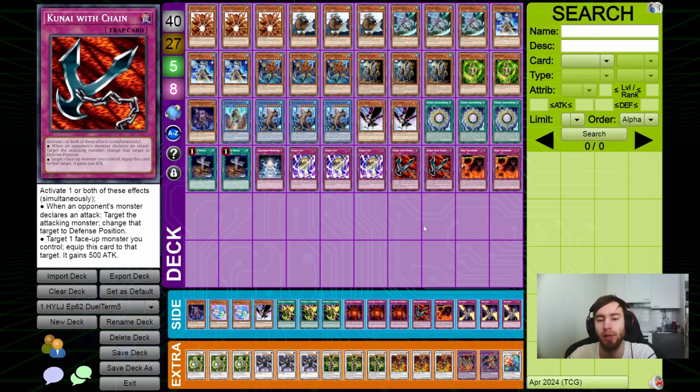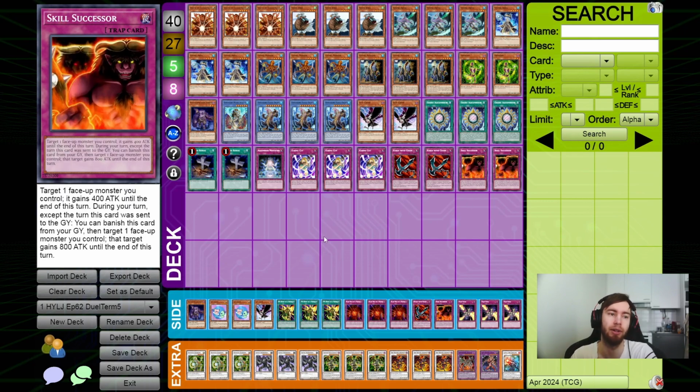Kunai Chain puts one of your opponent's attacking monsters into defense and then gives one of your monsters this as an equip that gives it 500. Skill Successor, on the turn you activate it, gives one of your face-up monsters 400 attack until the end of the turn, and then you can activate it on a later turn from your grave to give a monster